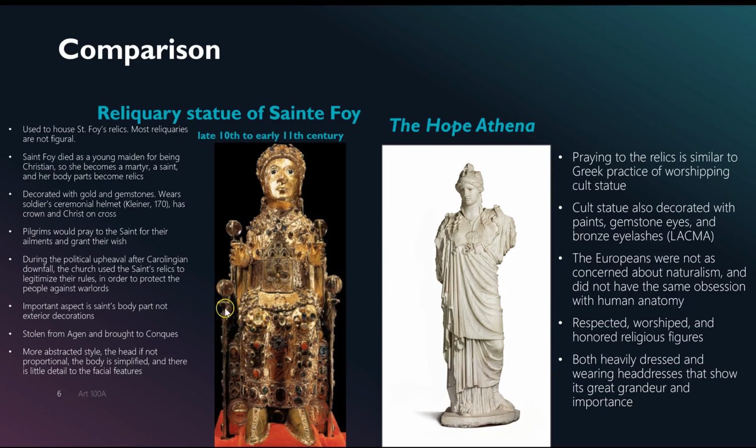In addition, the reliquary statue of St. Foy is a lot more abstract, with an enlarged head and very simplified body parts, whereas again, the Hope Athena was very naturalistic with details and facial expression, and this makes sense because the Christians were not as obsessed with the human anatomy. Yet, as both religious figures, they are both respected and